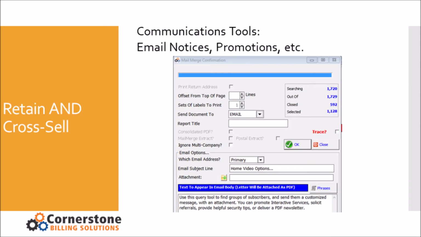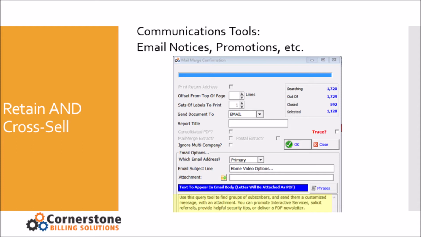Communications tools. One of the really rankling things about any business is losing customers because they don't know what you do or everything you do. So being able to pull up your customer list and find a subset of customers that may not have any kind of interactive service, in this case, like alarm.com, is really critical.